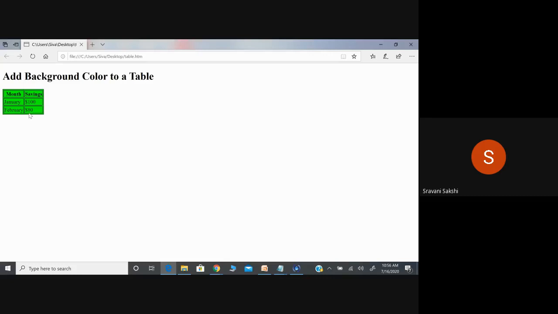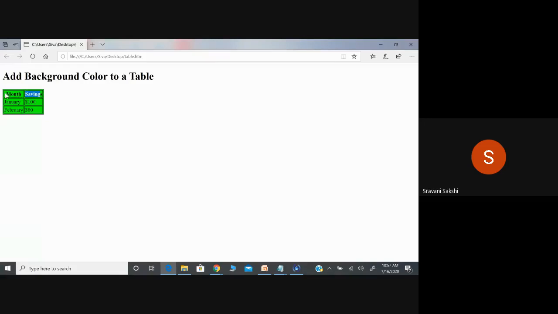Here I am creating the table with the double border, which is in black color. As I have given the table header as month and savings, I am getting it in bold font. So savings and month are given in bold format.